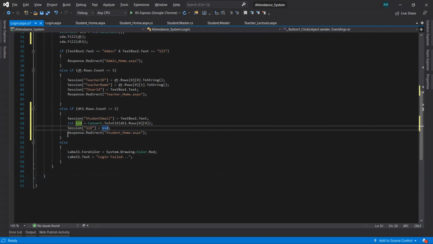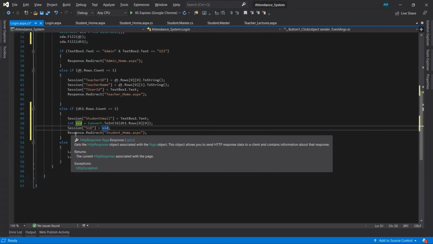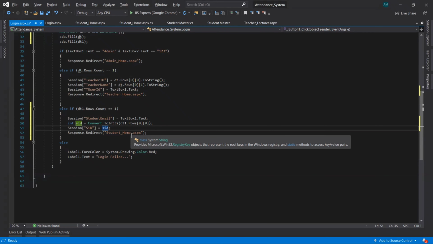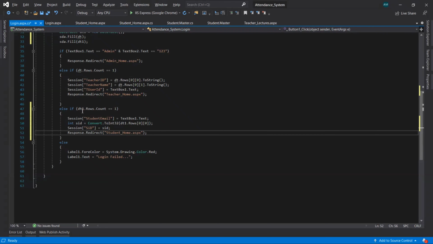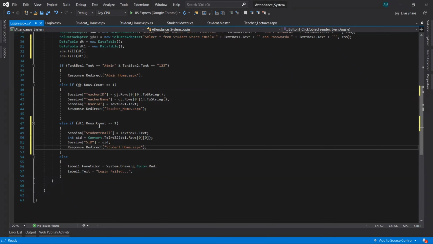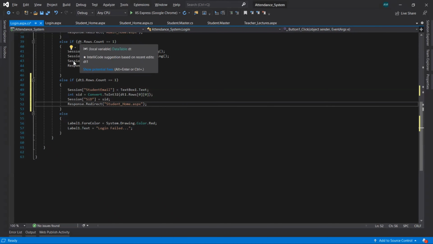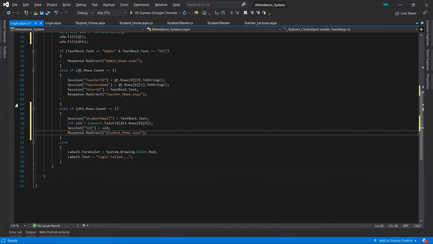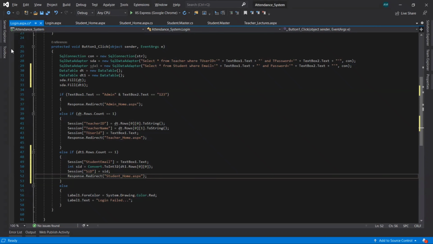Now we have taken two sessions here, the student email and the student ID. After that we redirect the student to the student home page. So let's run and see. I am going to add a debug point here.